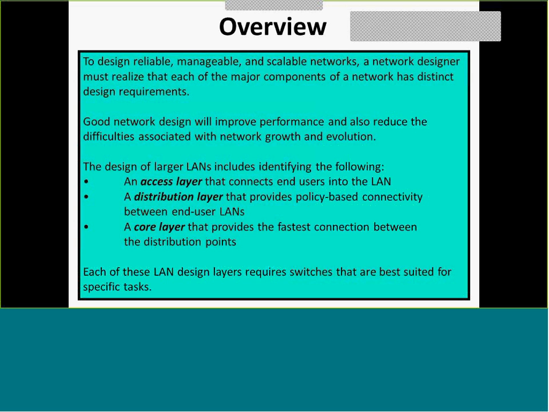So in order to do that, we should break the design of the network devices into 3 layers. This is one good way Cisco always suggests you to design: have a core layer on the very top, which provides the fastest connection between the distribution points. And if you go down, you will have a distribution layer that provides policy-based connectivity between end user LANs. Okay? When I say end user LANs, I mean local area network. For example,